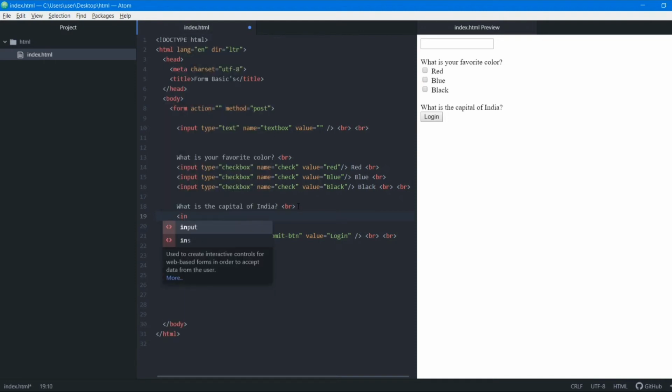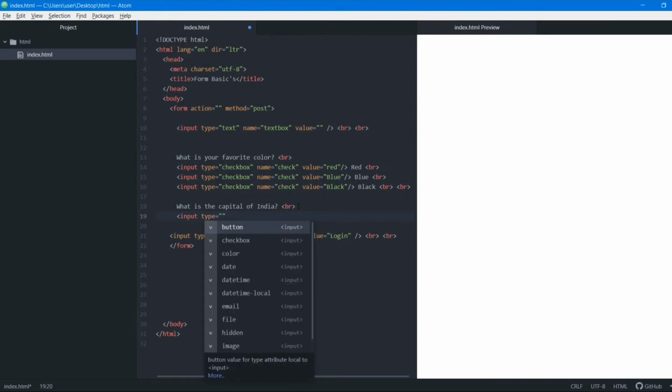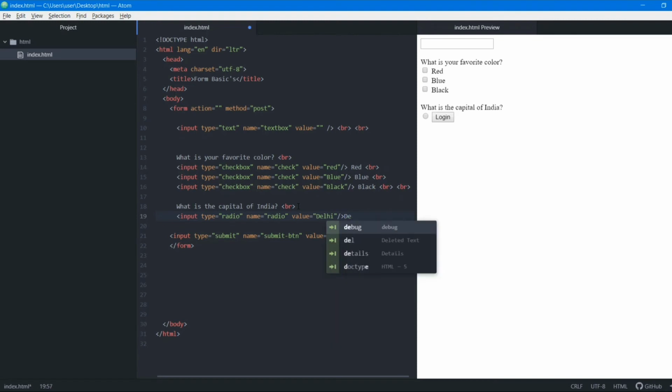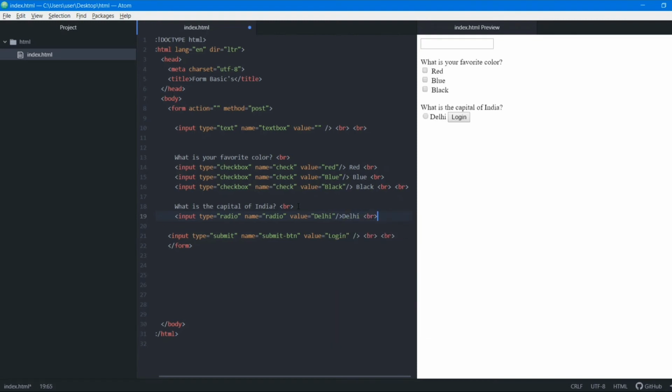So again, we'll do input, then select type, and then instead of checkbox, this time we are going to add something called radio. We'll add radio in the type attribute. Then we'll give it a name. Let's call it radio. And in value, we'll give the correct answer. That's Delhi. Delhi is the capital of India, right? Now we'll close off this input tag. And here also we'll write Delhi. We'll give a BR tag.